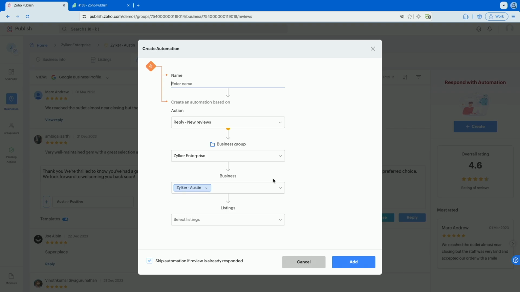So what next? If you are a multi-location business or a franchise business, you want to assign those reviews to the concerned person, I mean, a store manager or a franchise owner. With the help of an automation, you can easily automate the entire assignment process. Once the review is assigned to the user, they will get an email notification or a product notification that you have got a negative response for your business. That is the power of automation.